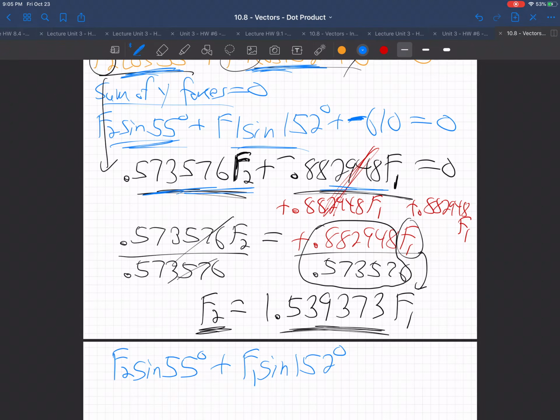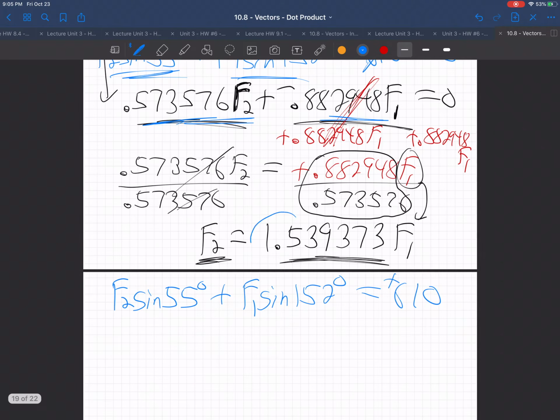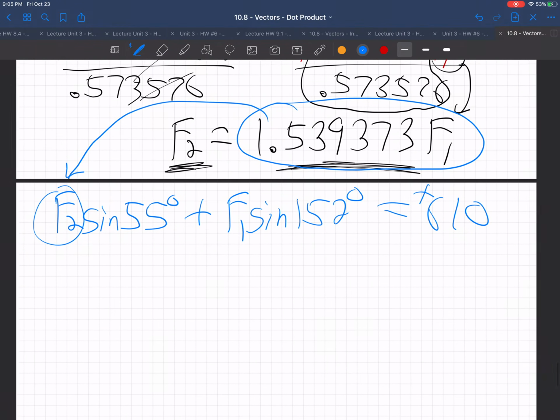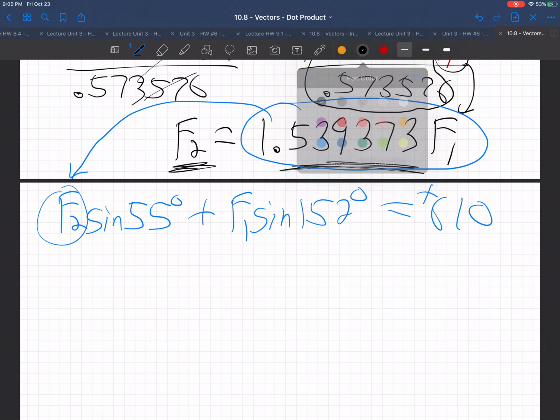I'm going to move this. I'm going to add the 610 to both sides here. Get rid of it there. Equals positive 610, right? And then I'm going to take this F2 here, and I'm going to plug it in for F2 right there. Do you see that? Remember this? Solve for one equation, plug into the other. So this is going to become